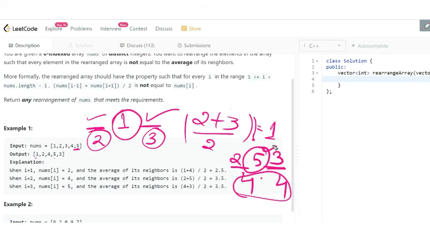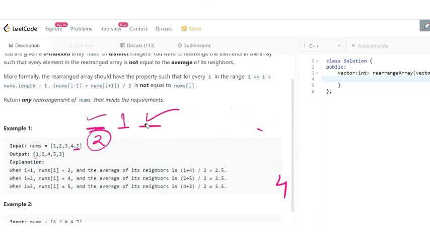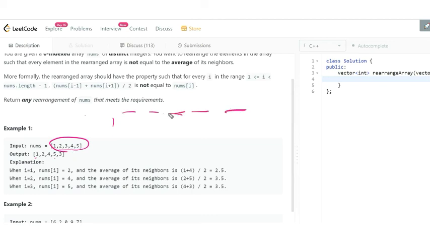So what we will do basically is just sort the array first. This is already a sorted array. Now we will see how many elements there are. There are 5 elements. Now we will arrange the elements in alternate places.